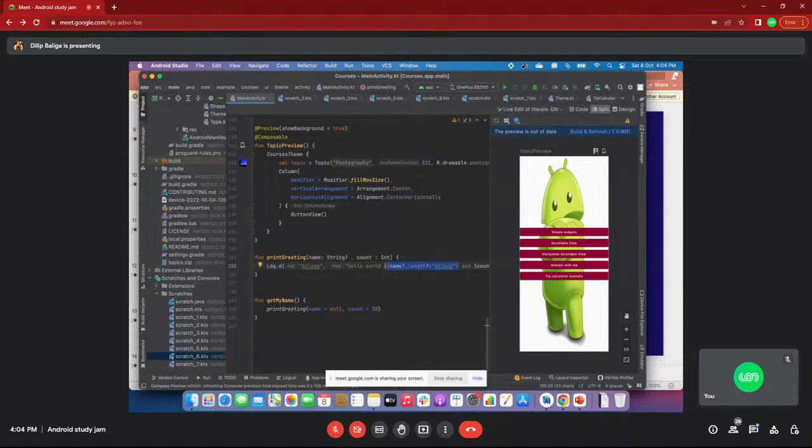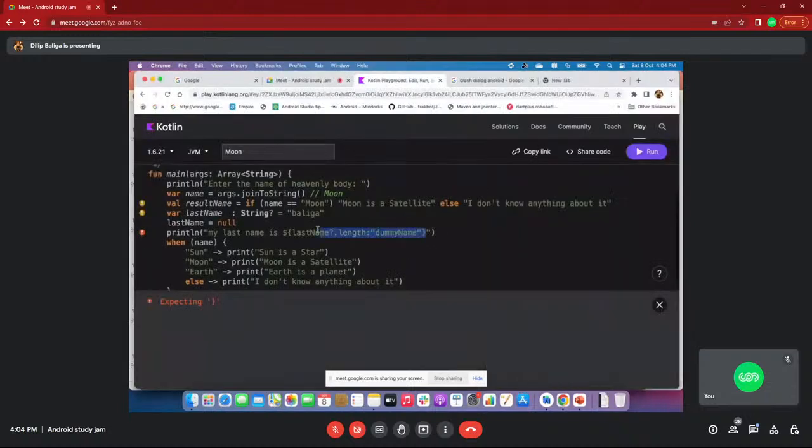Sometimes some compilers have a different syntax, but I usually practice in Android Studio, and while writing code also we are using Android Studio. That is the reason I'm used to how that compiler's syntax works.